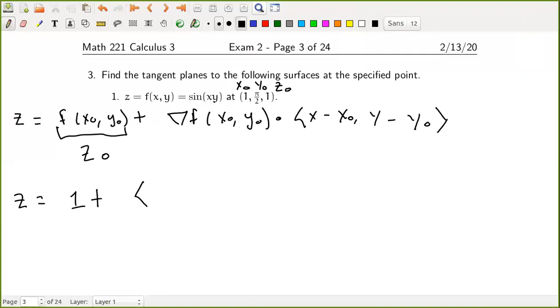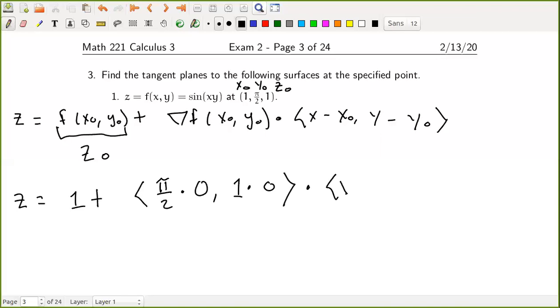So the gradient of f is going to be the x derivative and the y derivative. So the x derivative is y cosine xy. So y is pi over 2. Now it's going to be times cosine of xy. That's 1 times pi over 2. Well, cosine of pi over 2 is 0. So that's 0, comma. Now the y derivative of f is x cosine yx. So x is 1. But again, cosine of pi over 2 is 0,